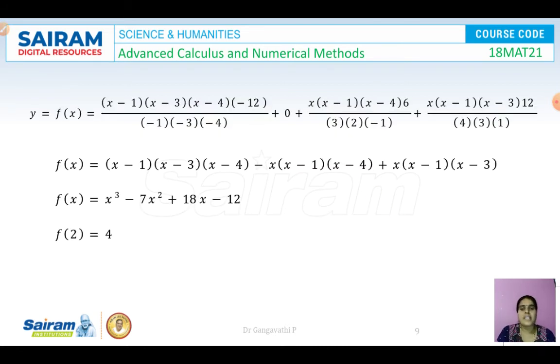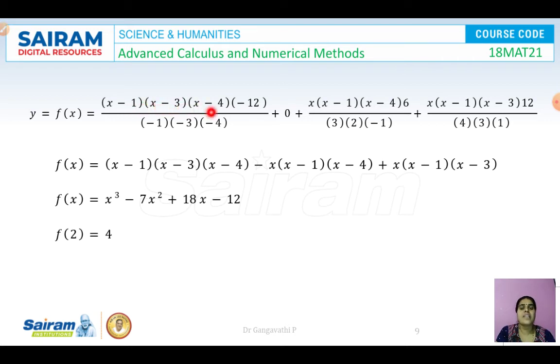So now let us make a substitution. Even though we know the value of x, we are not supposed to substitute it here because it has asked us to find the polynomial. So I'll keep the x as it is, only x0, x1, x2, x3 and y0, y1, y2, y3 values will be substituted. So x is as it is, x0 value substituted.